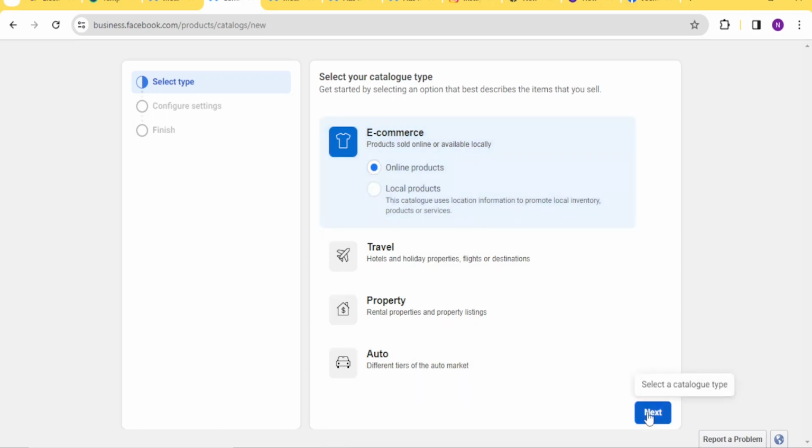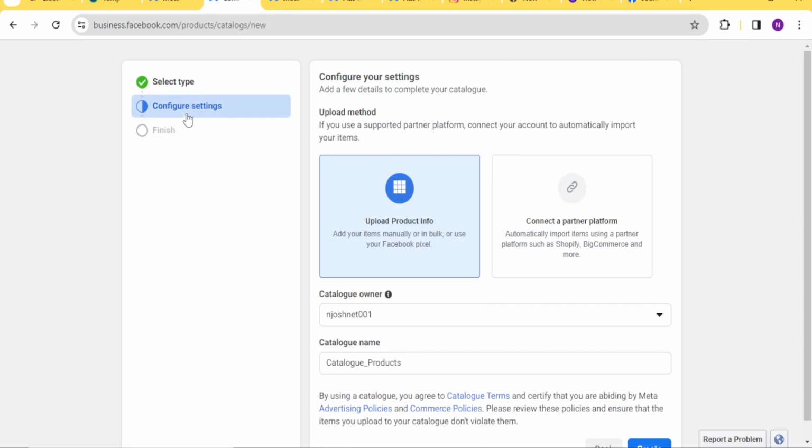You click on next, and then you configure the settings where you upload the product information, or you can connect a partner platform such as Shopify, BigCommerce, and others. So if it's a physical product, you simply click on upload a product. You click on this one,